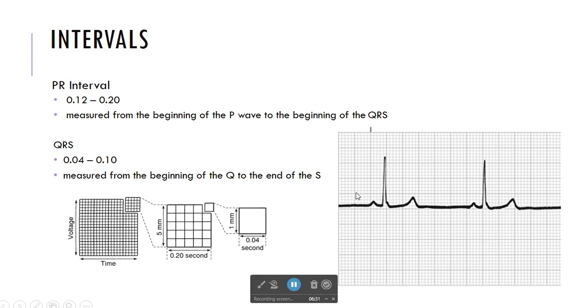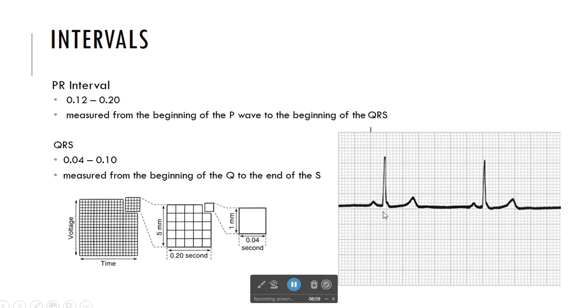And then when we talk about the elevation, these are millimeters. Any ST segment elevation of 1 millimeter, which is one small box, in more than one lead that looks at the same area of the heart is considered ST elevation and injury, and your patient's having a heart attack. So it's important to know your multiplication tables because we're going to count